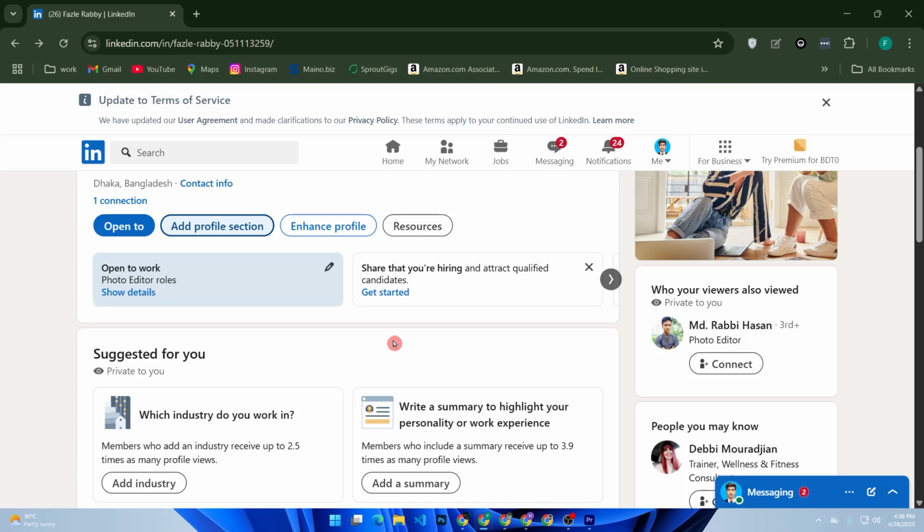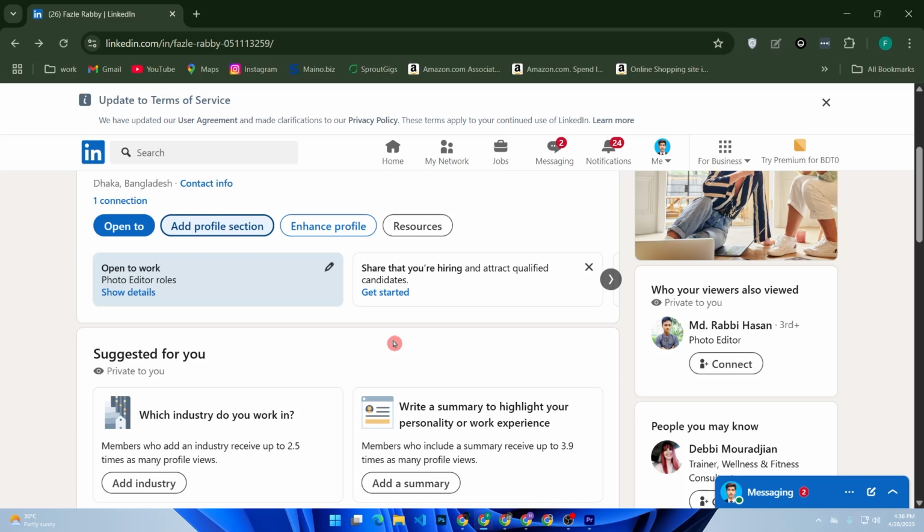Like, I am a passionate software developer helping startups build scalable apps with 5+ years of experience. I specialize in React, Node.js, and AI solutions. Always open to new challenges and collaborations. Feel free to connect. Now list your experiences clearly, like job title, company name, dates worked, brief description of what you accomplished,